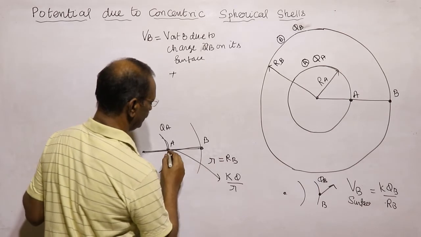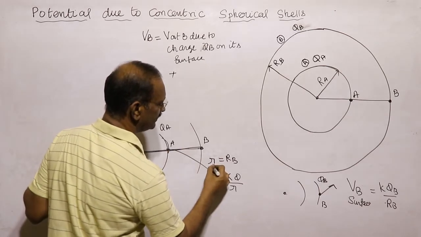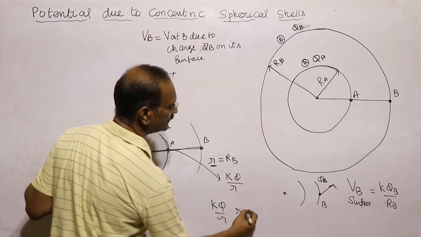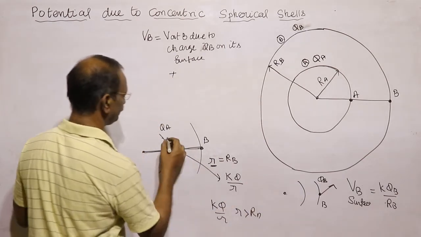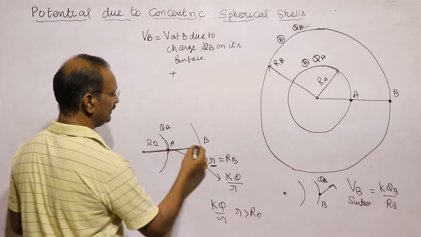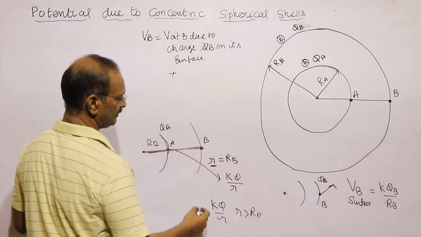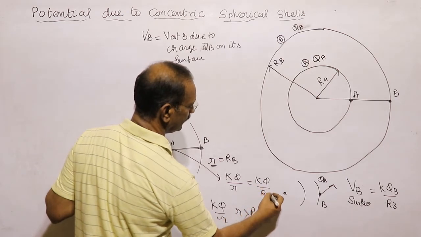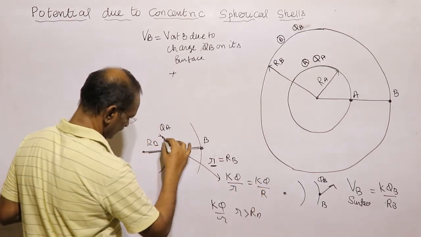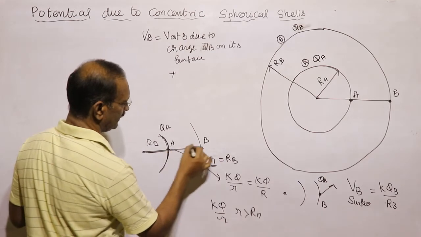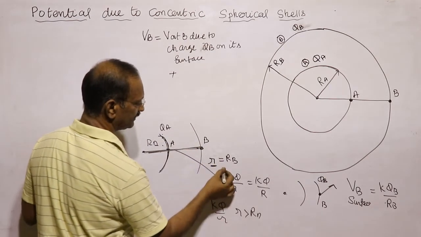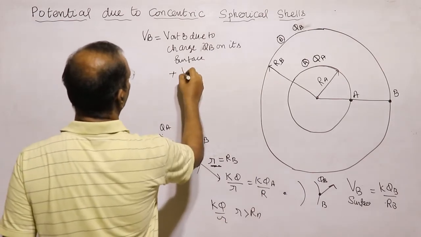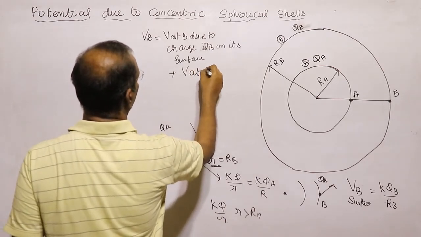Outside means we write KQ by R, where R is greater than RA. This is RA and this is RB. So we will simply write K into QA divided by RB. What is this charge of this shell, and outside this shell, R is equal to RB, KQA by RB. So we can write V at B